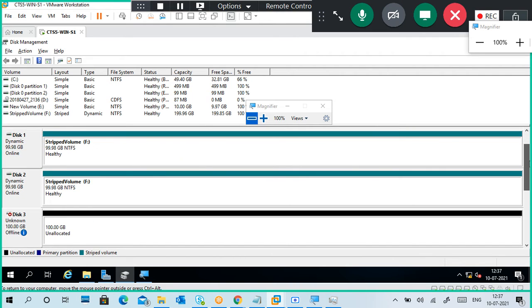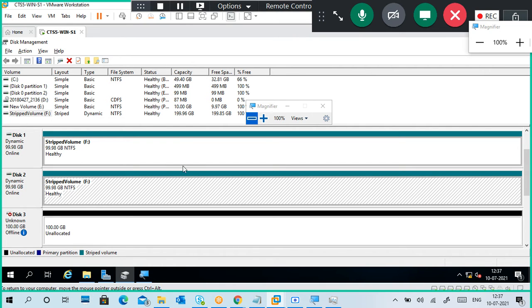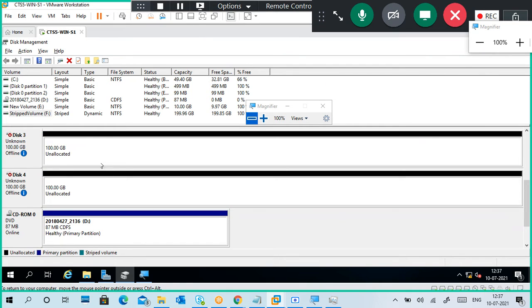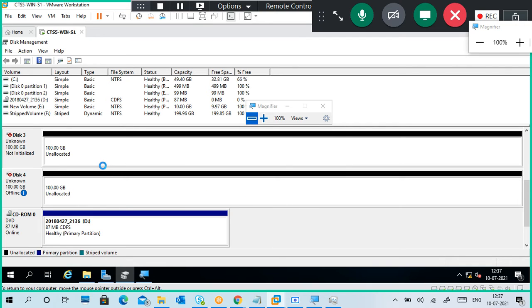A striped volume is a combination of two disks. If you see, I have two disks. One disk is 100 GB, another disk is 100 GB. Normally, if you have a 100 GB disk, for example, I will take disk 3 for explaining. I'm making this one online, and I'm going to initialize it as GPT.